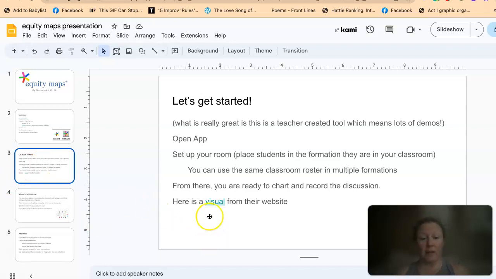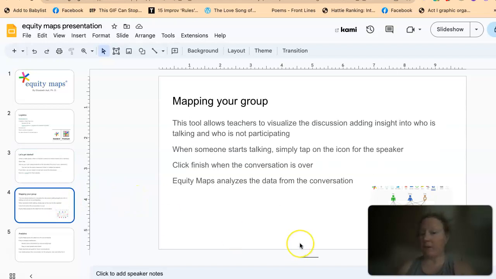They have a great visual from their website. I would highly suggest that you go and check those out. So very simple. Once the conversation is going to start, this tool allows teachers to visualize the discussion and later for students to see the discussion. And it gives you insight into who's talking and who's not participating and the time and even